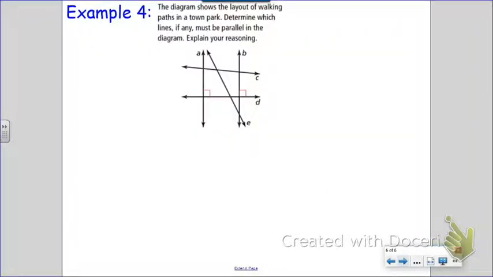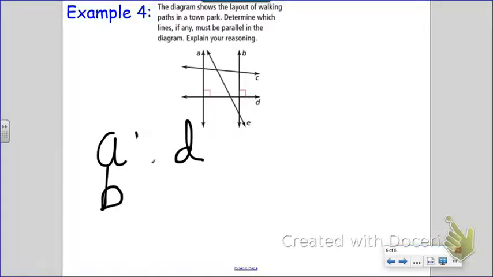In our last example, the diagram shows a layout of walking paths in a town park. Determine which lines, if any, must be parallel in the diagram and explain your reasoning. So by our picture, we know that A is perpendicular to D and line B is perpendicular to D. And we know that lines A and B then are going to have to be parallel because A is perpendicular to D, and B,